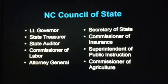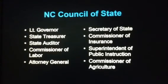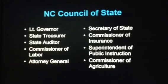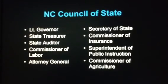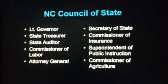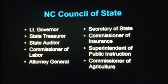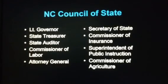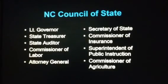And these are the 8 Council of State positions: the state treasurer, state auditor, commissioner of labor, attorney general, secretary of state, commissioner of insurance, superintendent of public instruction, and commissioner of agriculture. I will say Governor Cooper was the attorney general for many, many years, kept getting reelected as part of the Council of State, serving 4-year terms before he finally decided to run for governor. So these positions, again, are elected. They have 4-year terms. They are part of our state executive, but they are separate from the governor